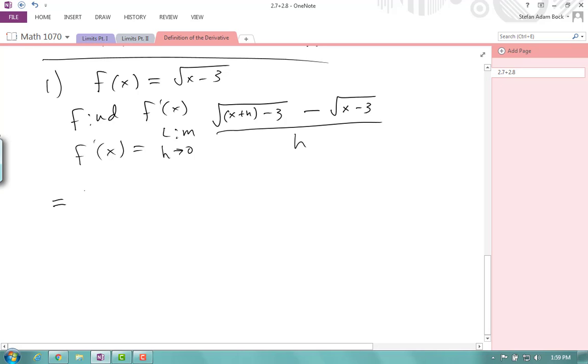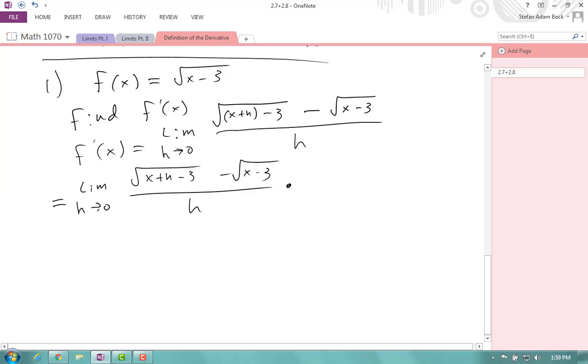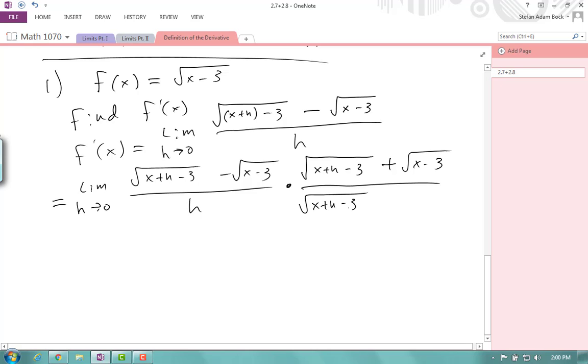So, as you can recall, I don't like square roots, so I'll try to get rid of those, and I do that with a conjugate. So I'll have the limit as h goes to 0 of the square root of x plus h minus 3 minus the square root of x minus 3 all over h, and I'm going to multiply and divide by the conjugate. So that's going to be the square root of x plus h minus 3 plus the square root of x minus 3 all over, same thing,